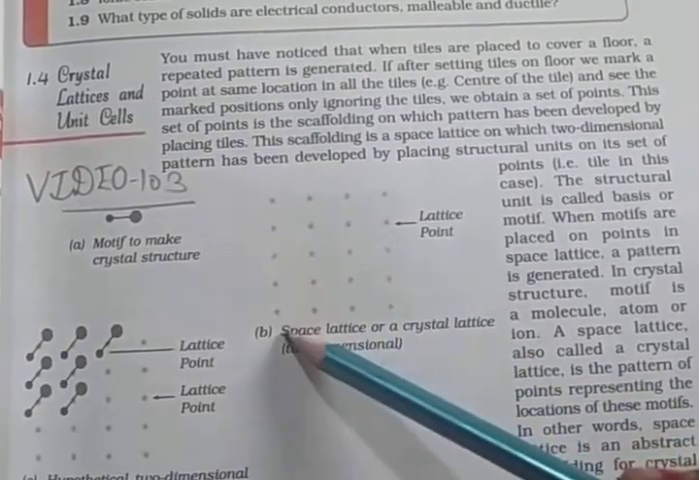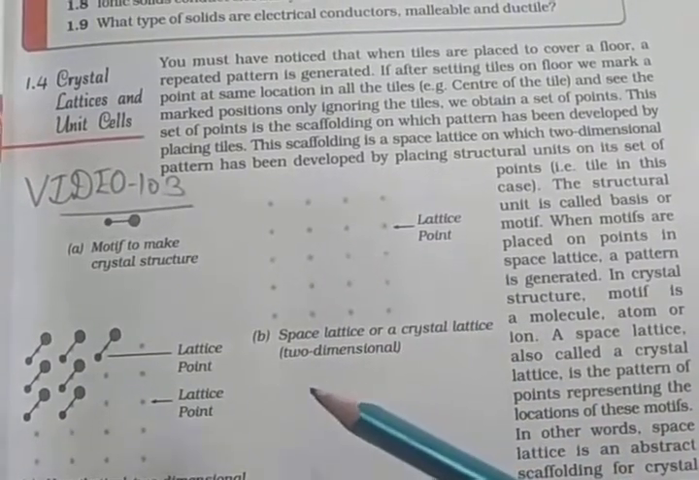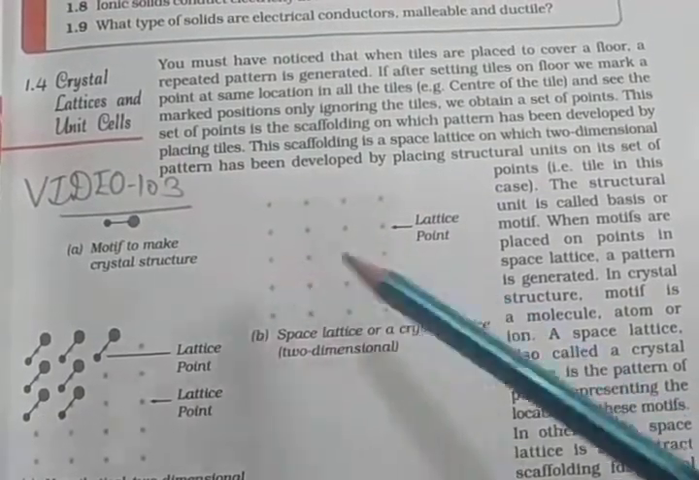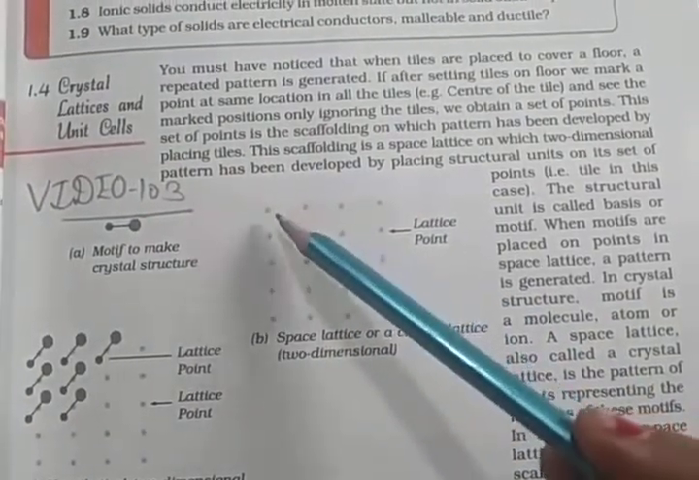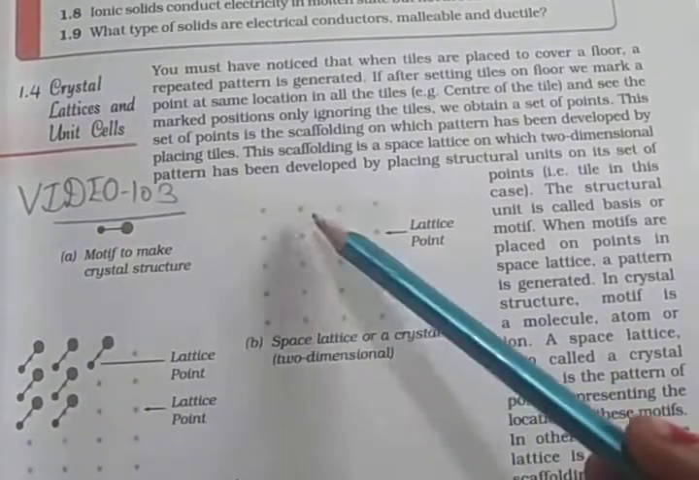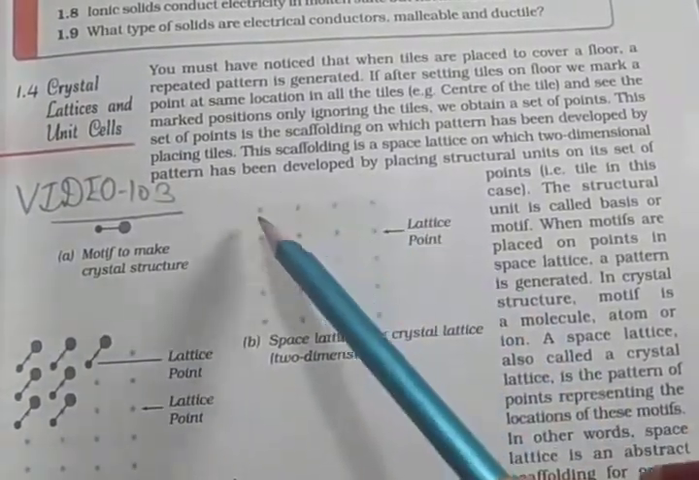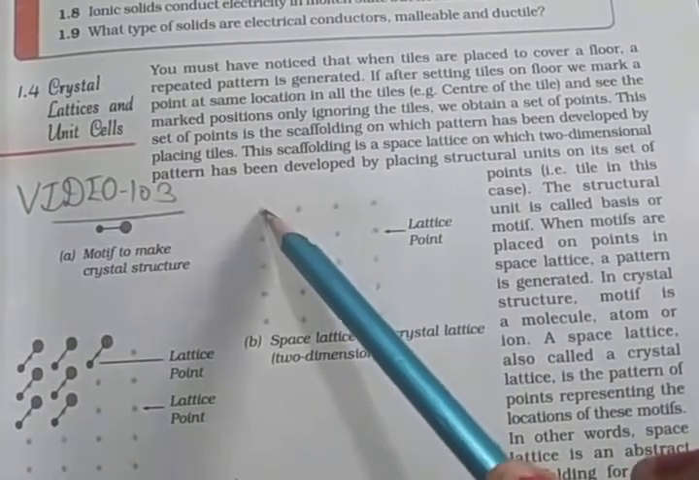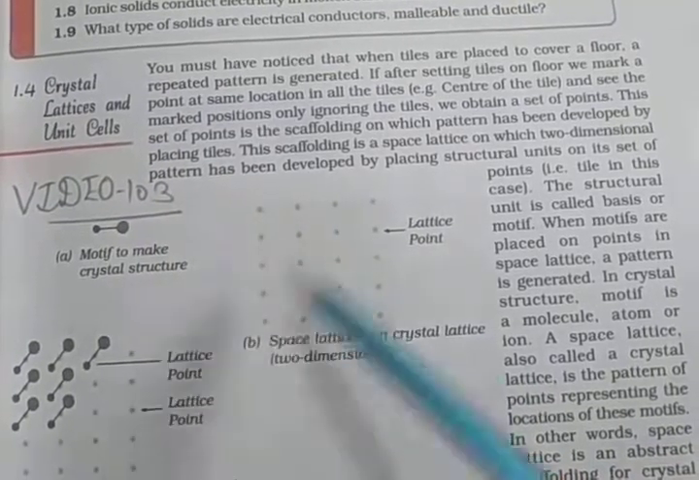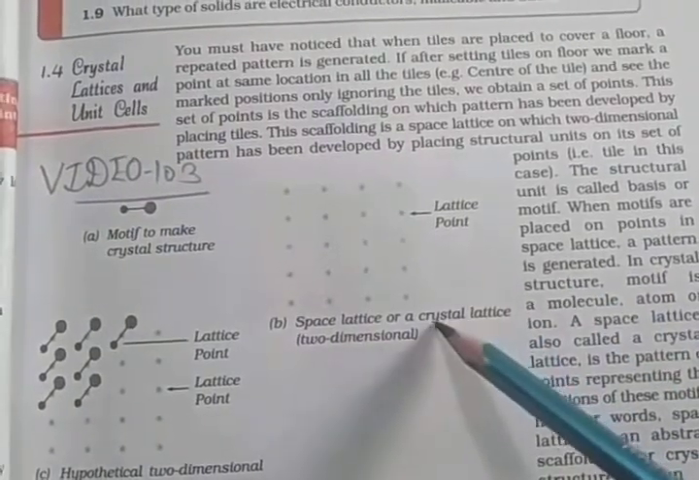So we arrange the tiles to cover a floor, and then a repeated pattern is generated. If after setting tiles on the floor we mark a point at the same location in all the tiles, and see only the marked positions, ignoring the tiles, we do not indicate the tiles, only a dot for each marked position. Then we obtain a set of points, and this set of points is the scaffolding